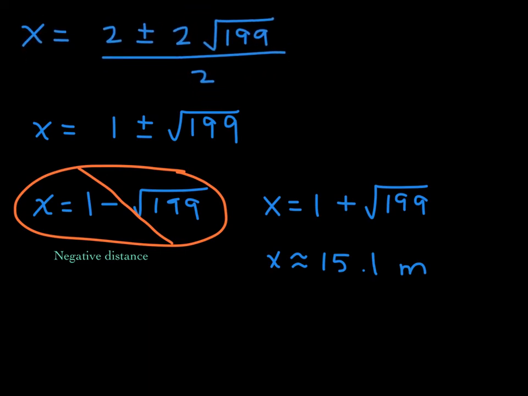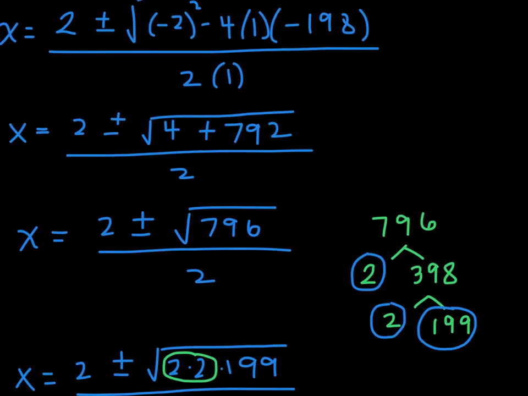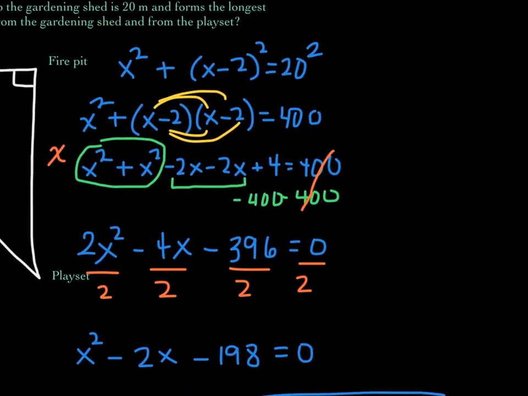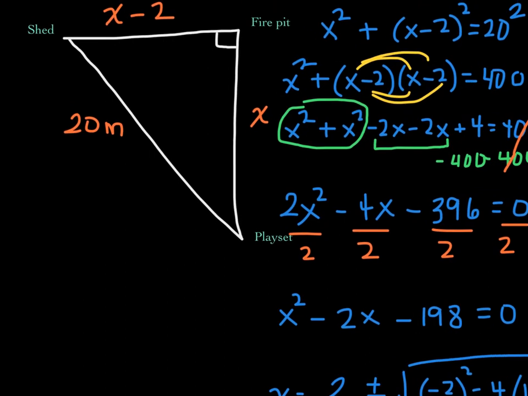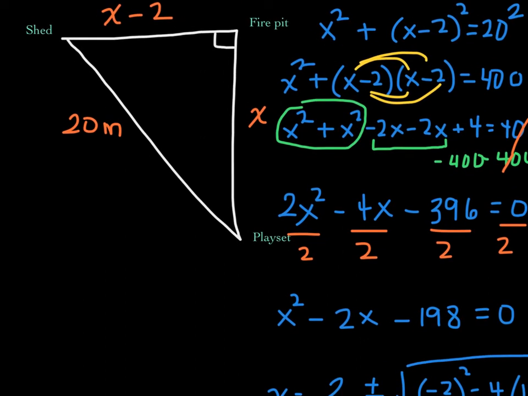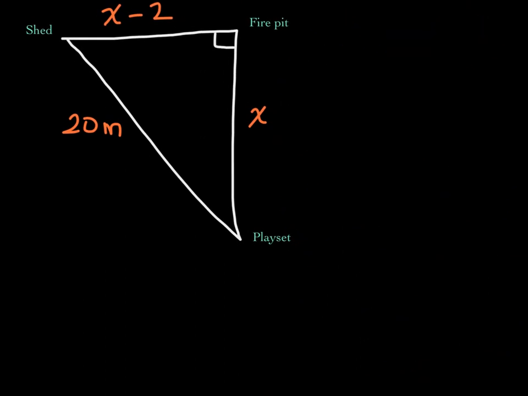Okay, so where's our picture of the yard, right? So here it is. There we go. Now we just found that the distance from the fire pit to the playset, which is x here, is approximately